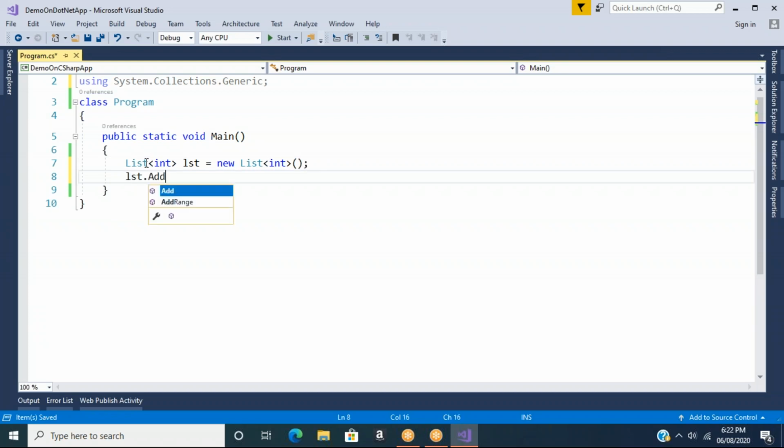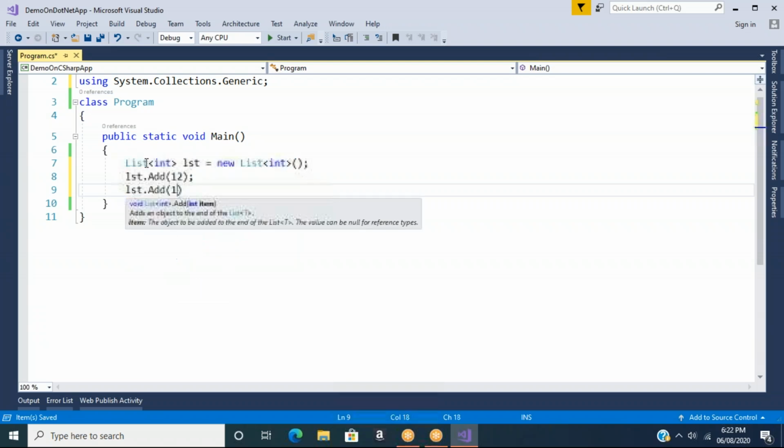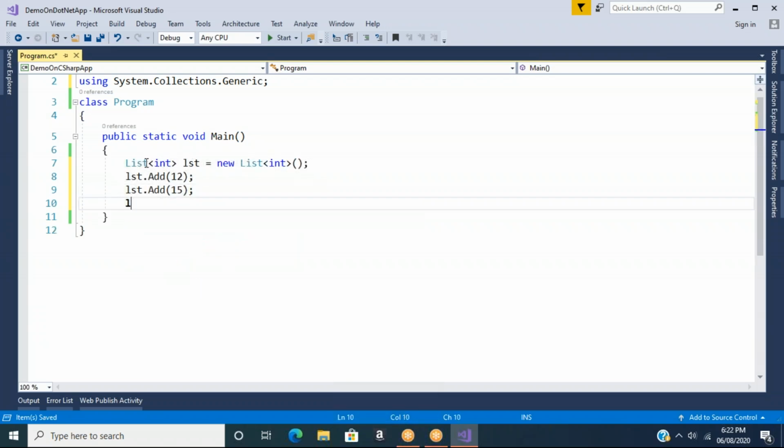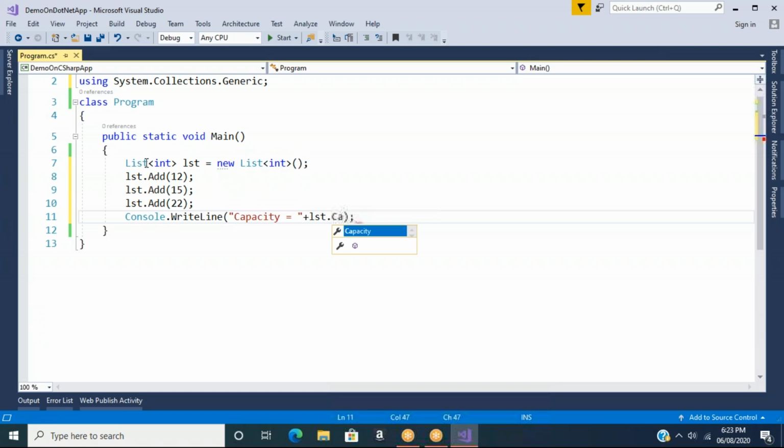Add 12, dot add 15, lst dot add 22. Console.WriteLine capacity equal to plus lst dot capacity,